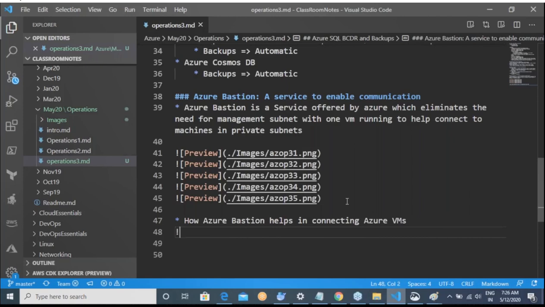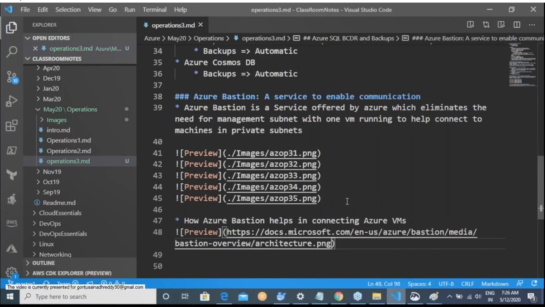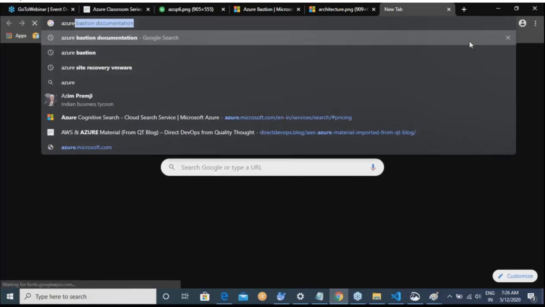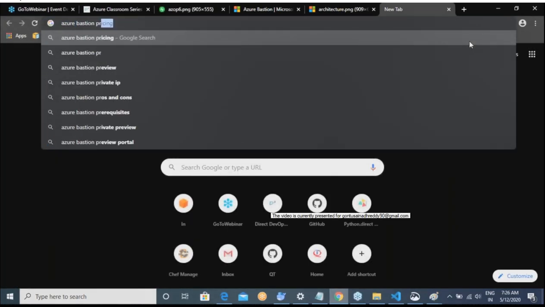So this is basically a service. Obviously you will have some pricing around it also, so you need to work out that pricing as well. So let us look into Azure Bastion pricing.